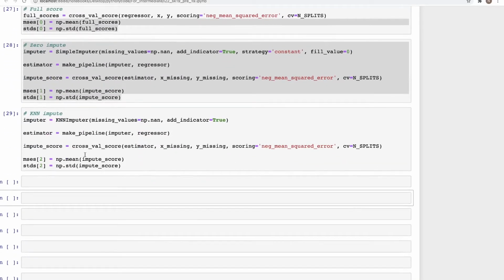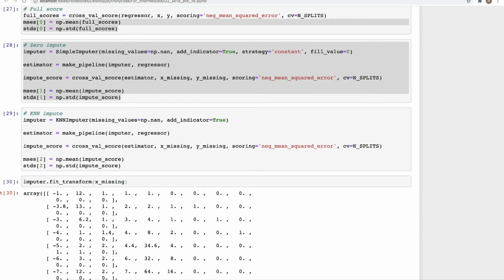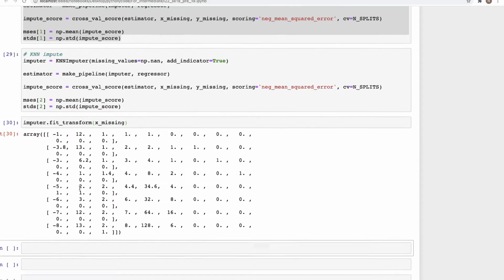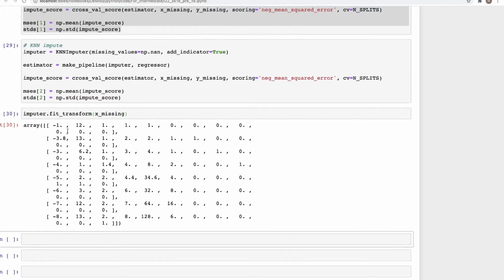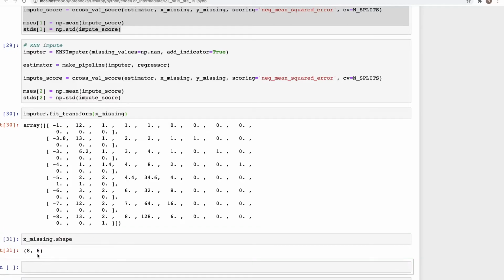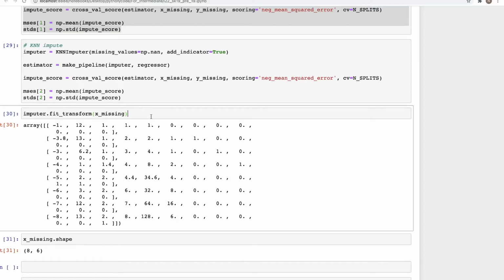Now for the imputer, we can use imputer.fit_transform on the X_missing. If you look at X_missing.shape, it was 8 by 6, and if you look at the shape of